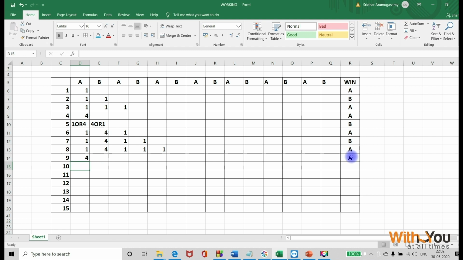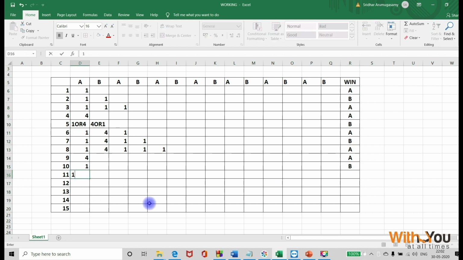Now 10. Okay, 1 or 4. Let's say 1. Now 9 is left out. If Alice starts, Alice wins. Now who is going to start? Bob is going to start, which means obviously Bob is supposed to win. Now you look at this, there is a kind of pattern here. AB, AAB, AB, AAB. Let us try out if that continues for 11 also.